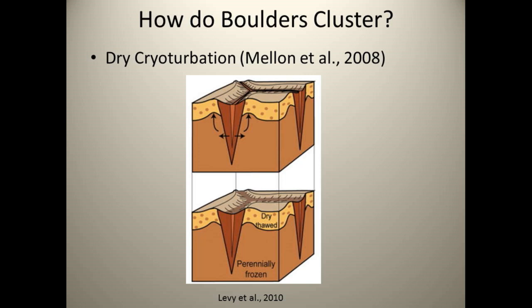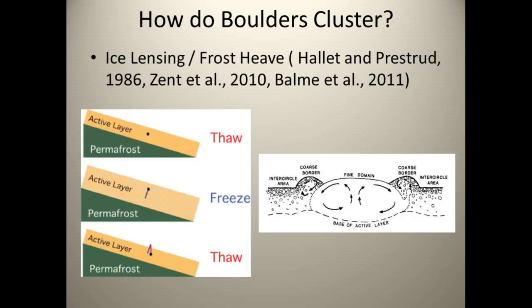But this one is not capable of moving giant boulders. We're talking about trying to cluster 3-meter boulders. We can separate pebbles and sand grains using this mechanism, but there's never been seen any boulders to be clustered using this mechanism. Finally, there could be ice lensing and frost heave, and this is a definite possibility on Mars